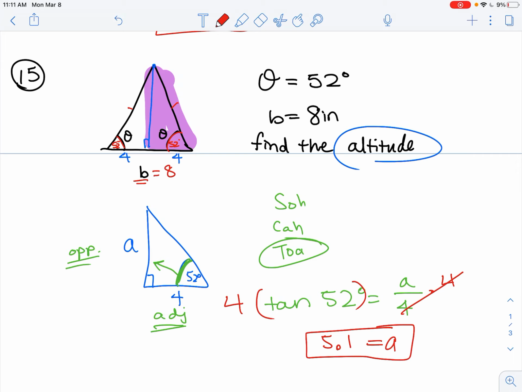Okay, so that was number 15. Now you're set up to do number 17, and then the rest is just like the example we did in your notes, and I'll see you in